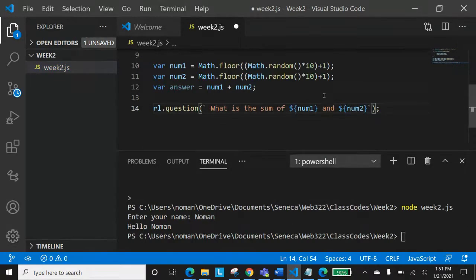How many of you have seen this syntax before, using a variable or interpolating a variable into a string? Other than Daniel, you would have seen that. So you know what we are doing? We are using these backticks over here. If you don't use the backtick and rather use a single quotation, what will happen? This interpolation will not work.